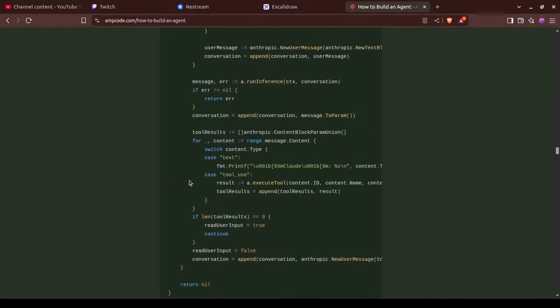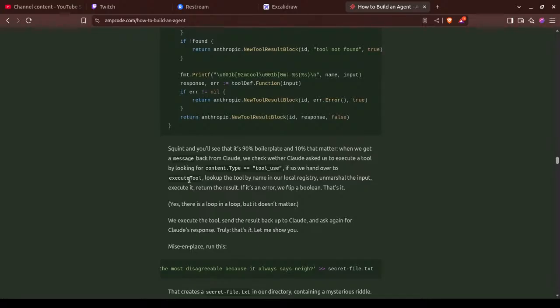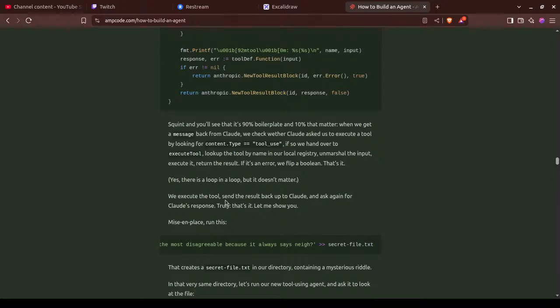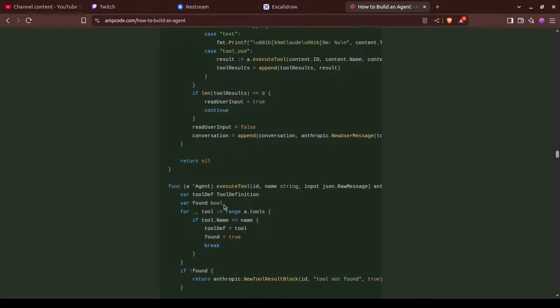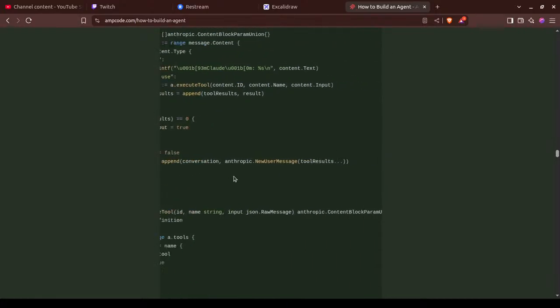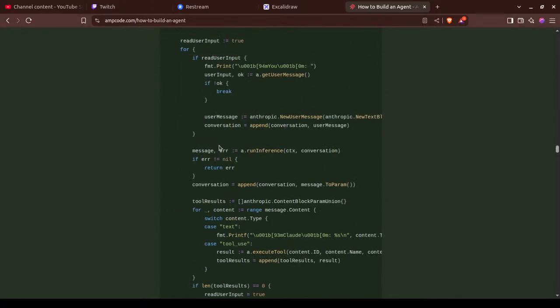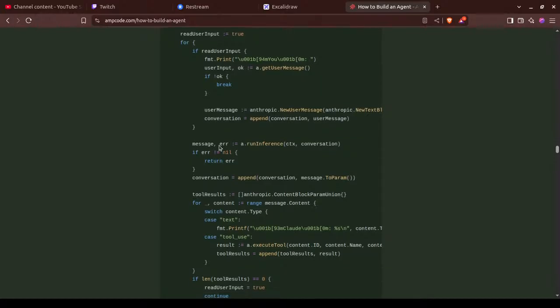There are three loops inside here. If we hand it over, well, okay, that's it, fine. We execute the tool, send the result back to Claude and ask again for Claude response. Where do we do this?